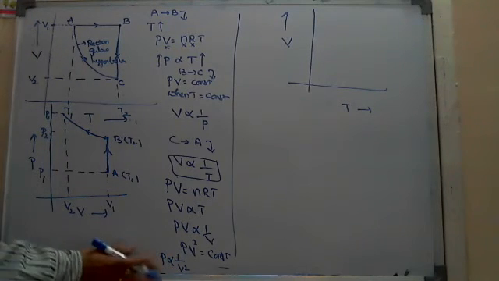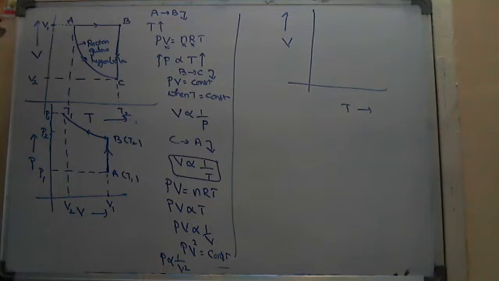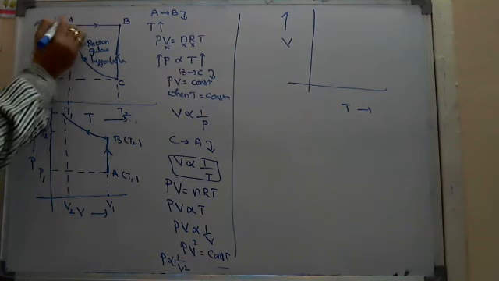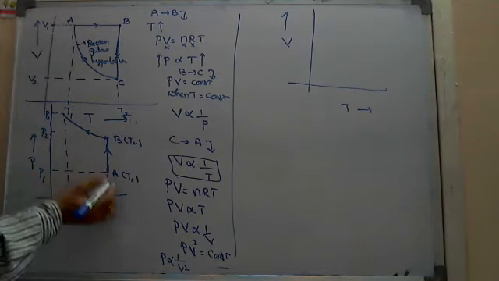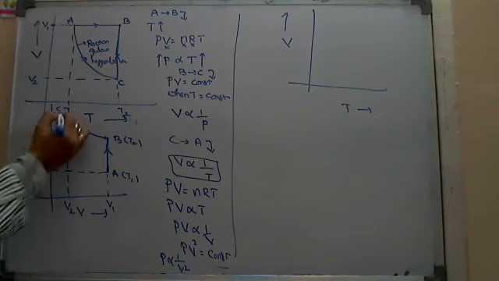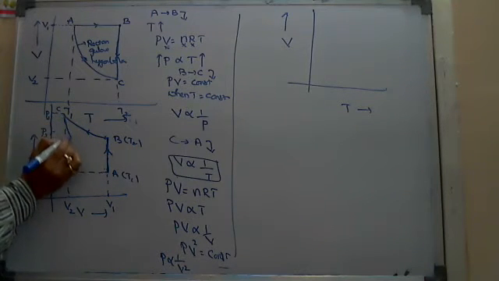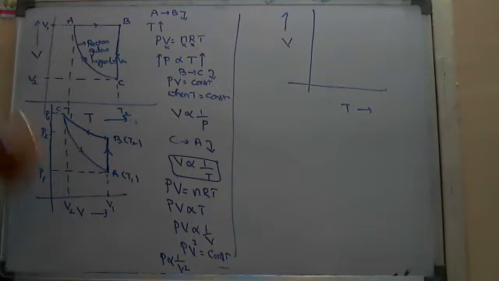Okay. So it is not a perfect rectangular hyperbola, just one hyperbola you will get. And inversely proportional means again you will get a hyperbola type of graph. When the volume increases, the pressure decreases and comes back to the original point A. So A to B, B to C part is over. Now C to A is not a perfect rectangular hyperbola. One hyperbola you will get like this. This is the shape of the graph which is transferred from volume-temperature to pressure-volume.